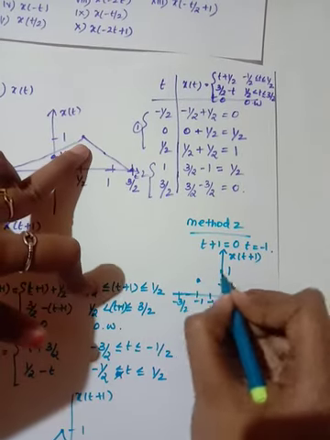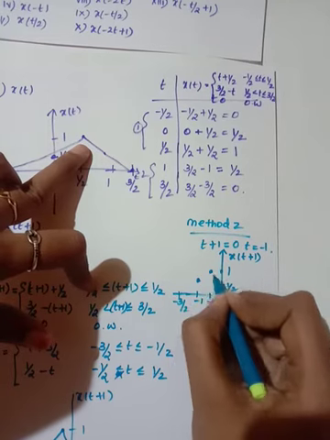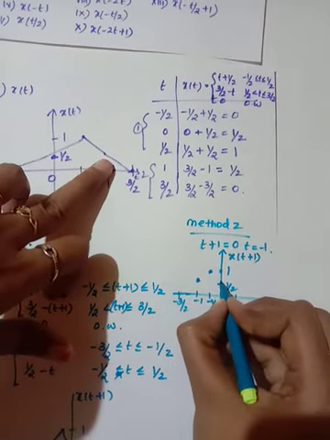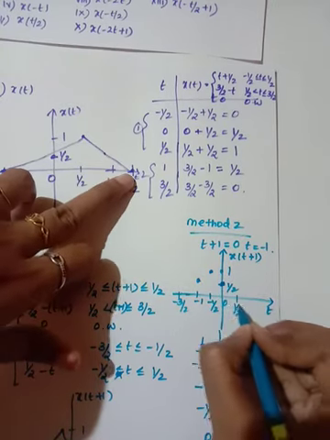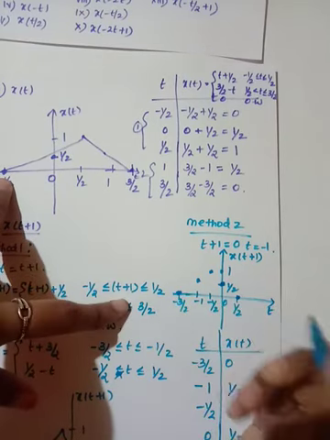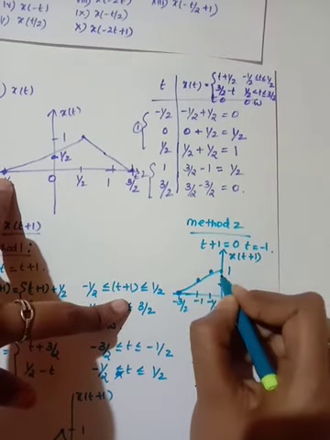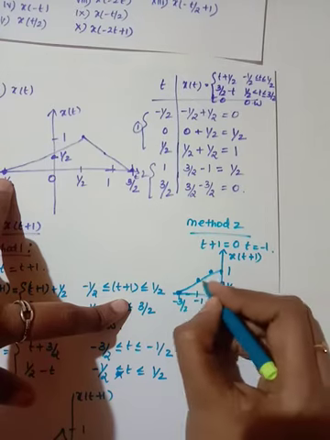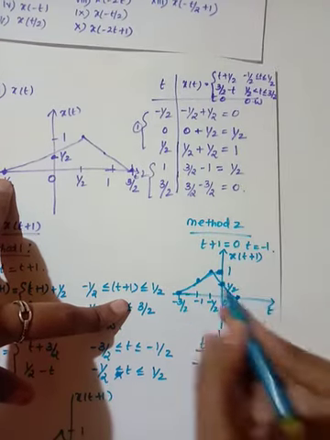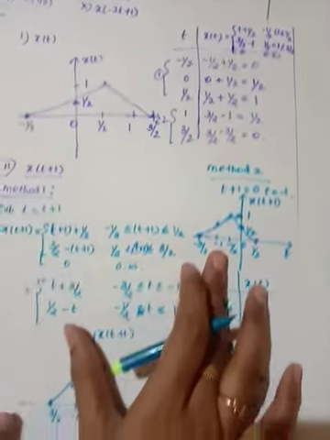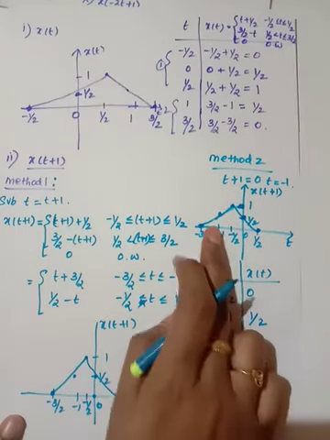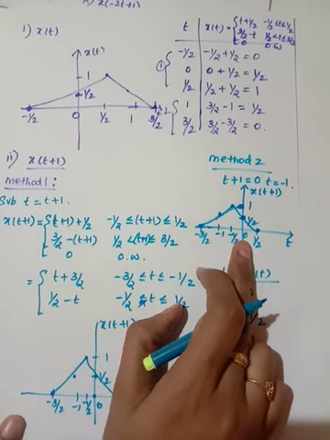What is the next value? It is 1. So here, for minus 1 by 2 I am putting 1. What is the next value? The value is 1 by 2. Okay, so for 0, what is the next value? It is 0. Preceding this 0, what are you having? Here you are having 0. Sorry, I am marking like this, so you won't have this. So this is similar to this one. Now see, here you are having minus 3 by 2 to plus 3 by 2. So minus 1, minus 1 by 2, 0, 1 by 2.